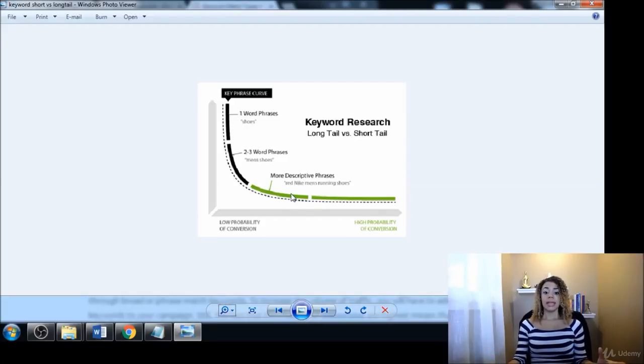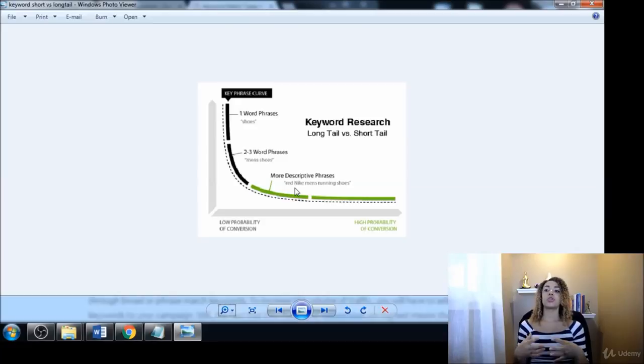The other thing is that it helps us optimize for semantic search. In case you guys don't know what that means, it's when people are typing things into Google or another search engine, or nowadays they're on their phones, and that's really where semantic search came into play, when people are talking into their phones. Maybe they want to look up dentist, Atlanta, Georgia. So that would be a search term. Another thing would be hotels in Atlanta, Georgia.